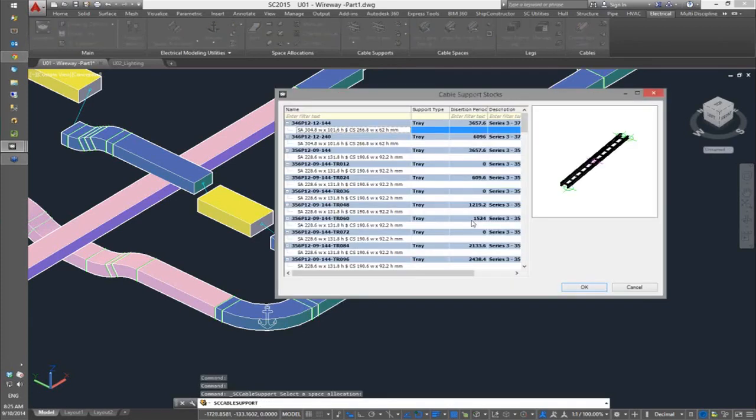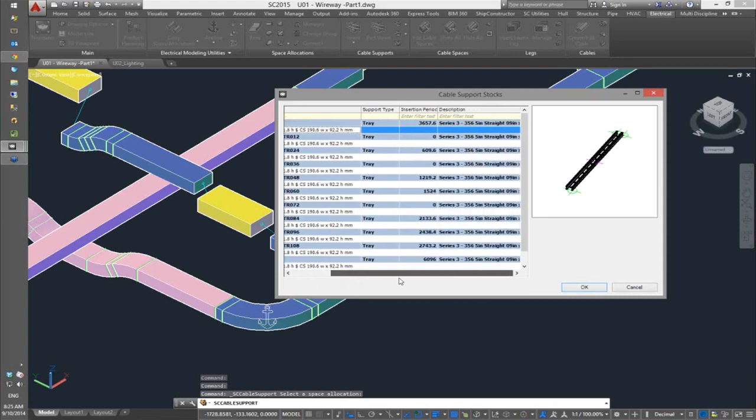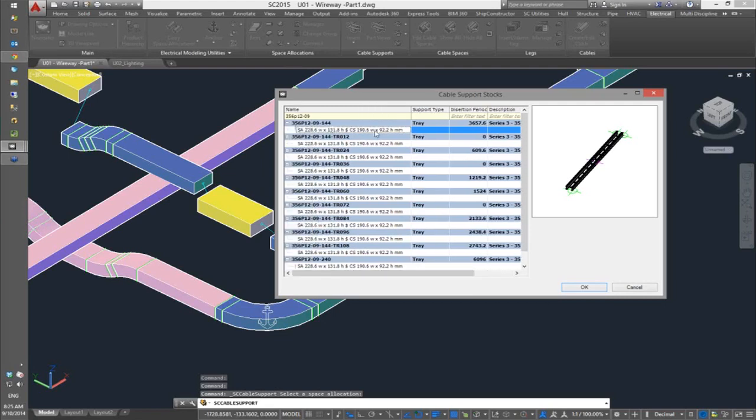So I'm going to select the space allocation. Now I'm going to pick a stock. I'm going to filter down my list. So I'm in my pick dialog here, and you can see some of the properties. Since we haven't shown you the actual catalog, you can see some of the properties that are available for cable supports in the catalog. And you also see here the